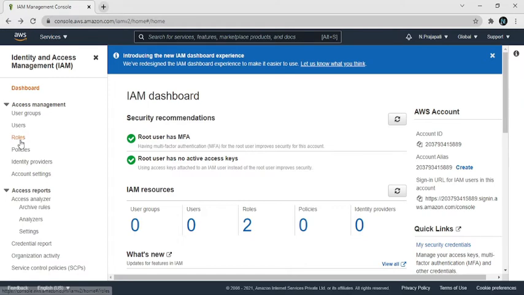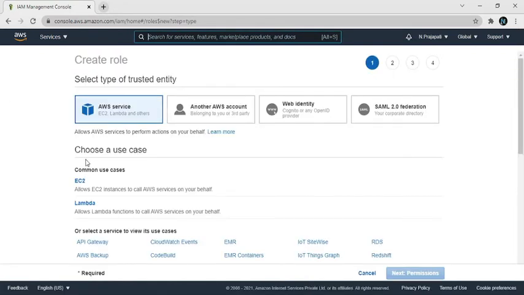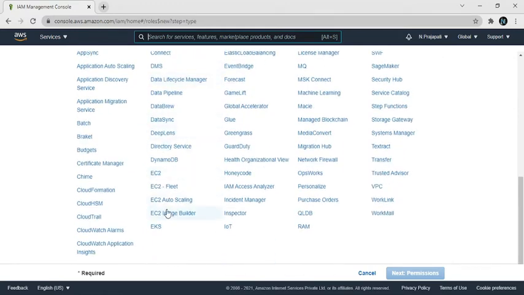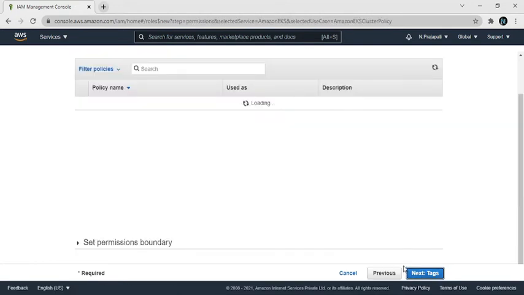So first of all, go to IAM roles and create a role for the cluster. Click on AWS service and select EKS, which is selecting your use case, meaning we use an EKS cluster, and click on next permissions. Here is a filter policy, and by default one policy is selected, which is the Amazon EKS cluster policy. So click on next tags.